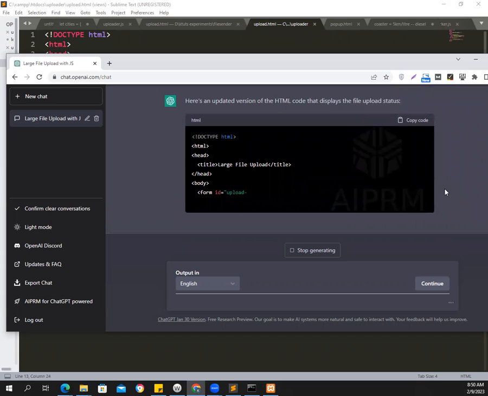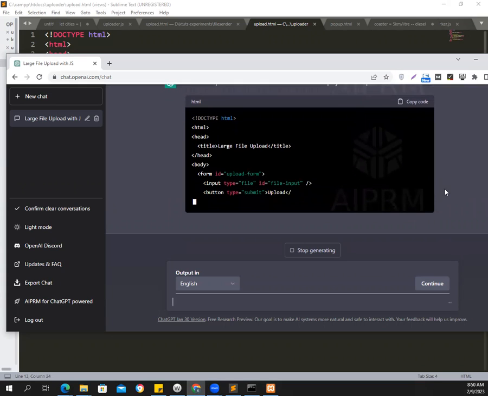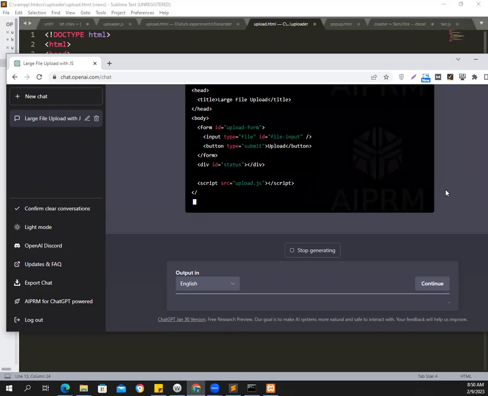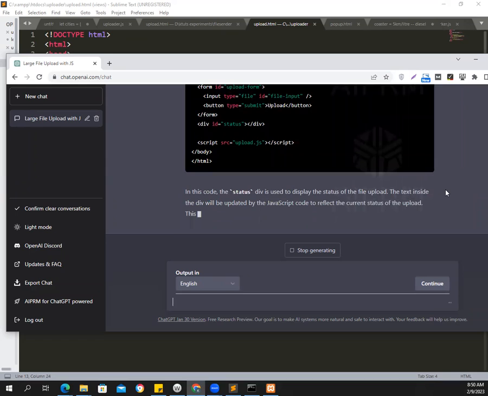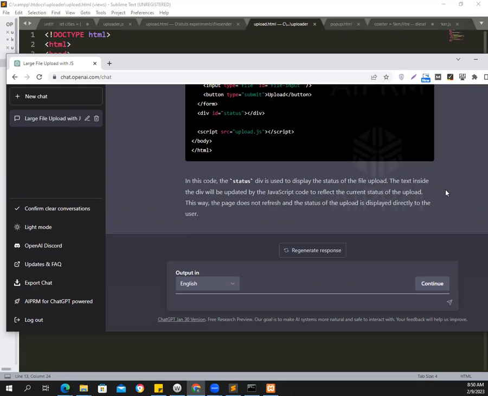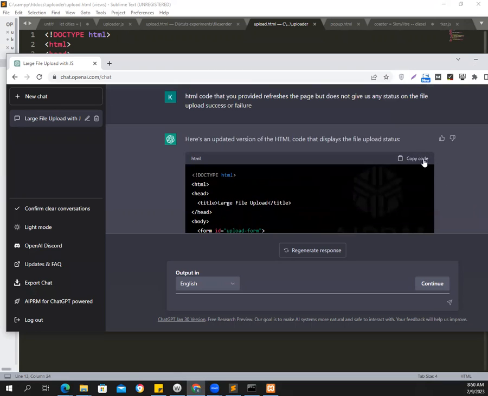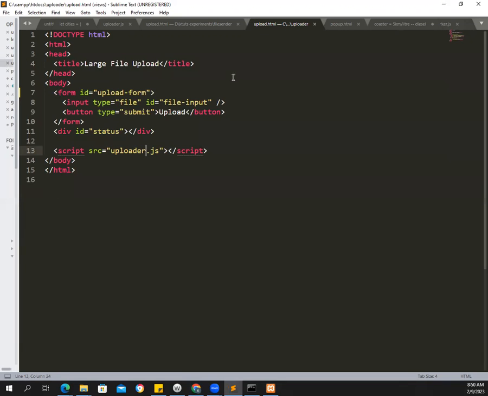Okay, so it's going to give us an updated version. We're going to check it out. Just let's see what happens. Copy the code. We go back to the HTML. We change the name of the file back to uploader.js. We run